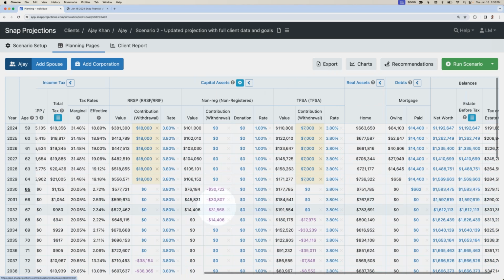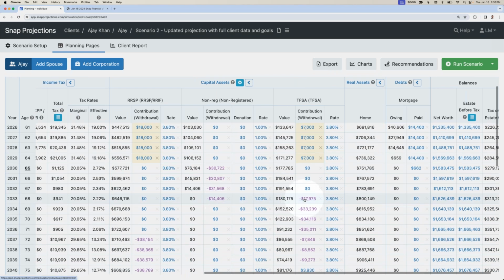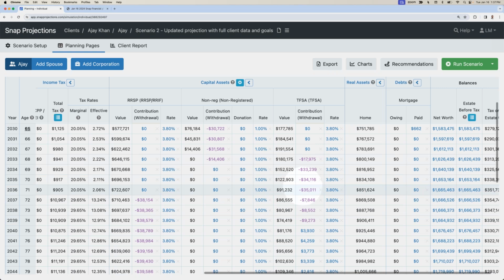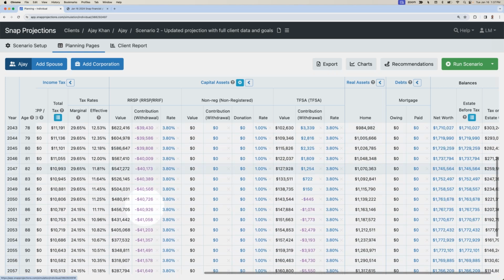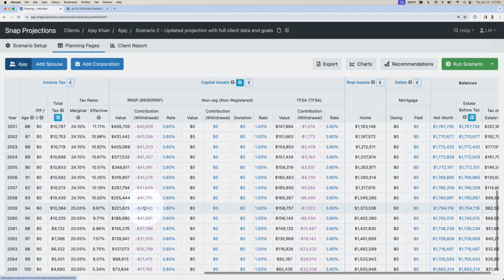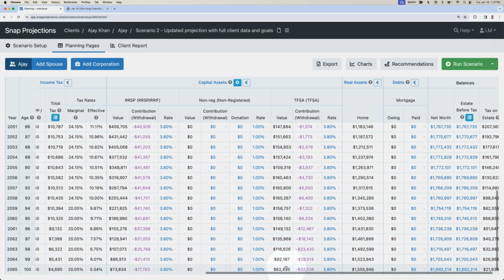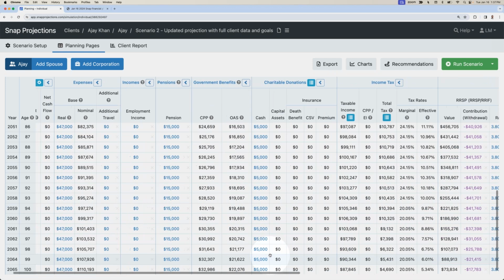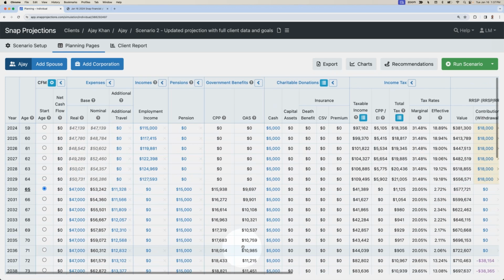And we can see SNAP is defaulting to the non-reg, then using the tax-free savings, then the RIF converts, and then we blend withdrawals from the RIF and TFSA until the end of the plan, at which point there's about $130,000 left over in the capital assets. So in this case, now that we've gathered all of the data and updated his goals, we can say that he is on track for his desired goals, and he does have a bit of buffer at the end of the plan in its current form.